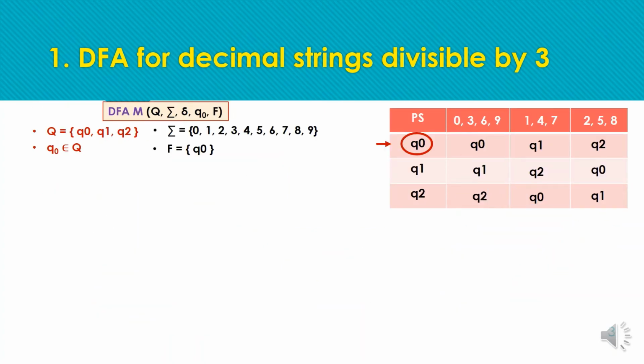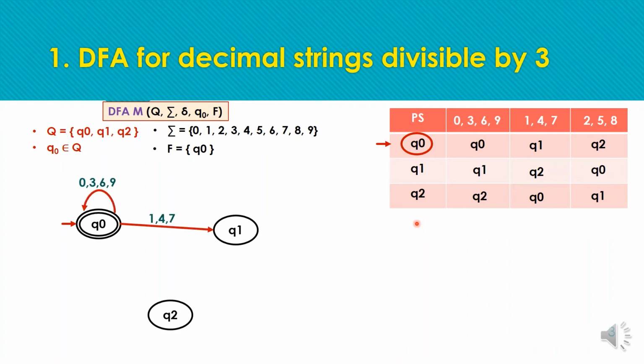Now let's construct the transition diagram for the same. Once we are done with the transition table, we can easily construct the transition diagram from the transition table, as all the transitions are defined and the transition table is representing the same information as the transition diagram. So starting with the states, as we are having 3 possible states as Q0, Q1 and Q2, where Q0 is the initial and final state.